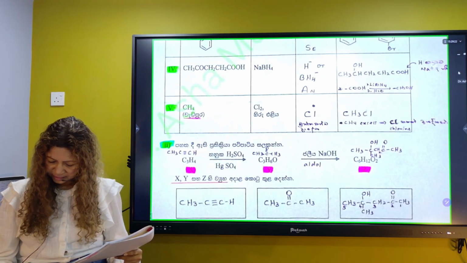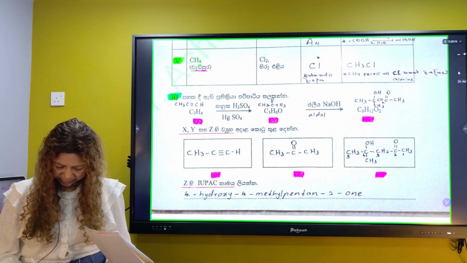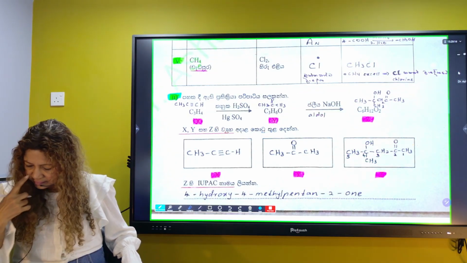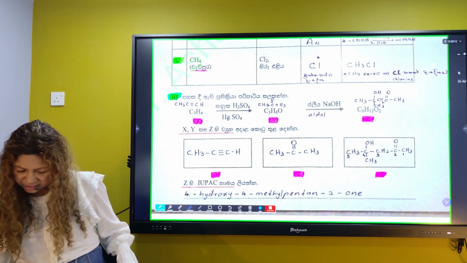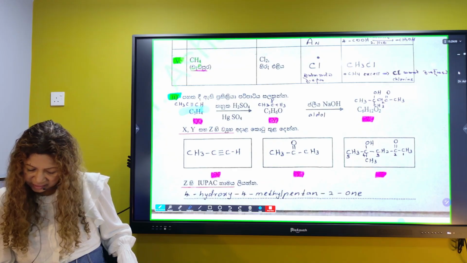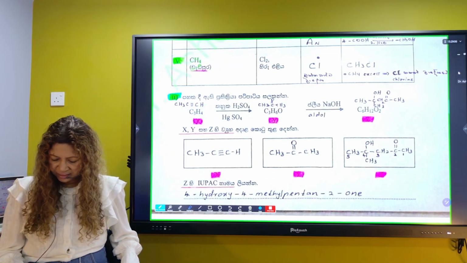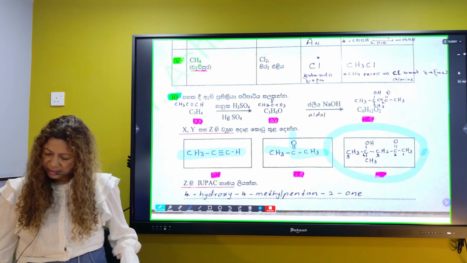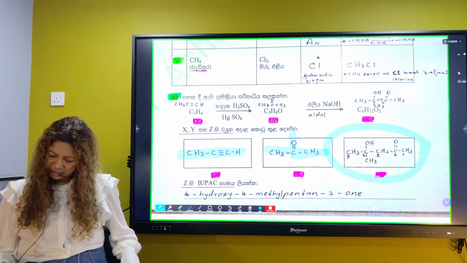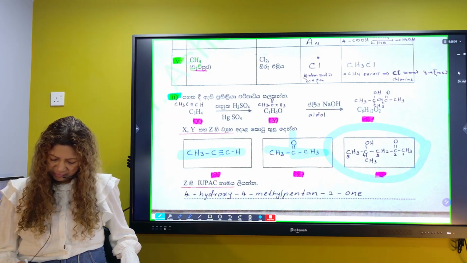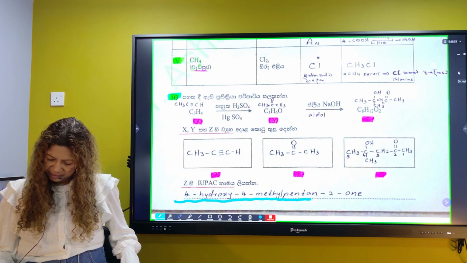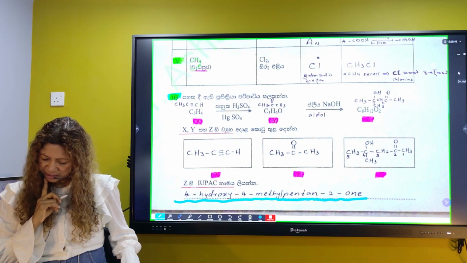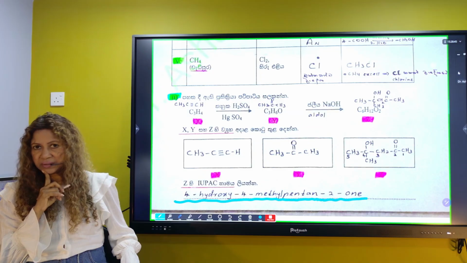Consider this, and they want to fill this. Okay, what happened here? The final one is C6H12O6, C3H4 initially. Alkyne hydration, and then aldol. How easy. For Z, they want us to name 4-hydroxy-4-methylpentan-2-one, or 4-hydroxy-4-methyl-2-pentanol. Both are okay.